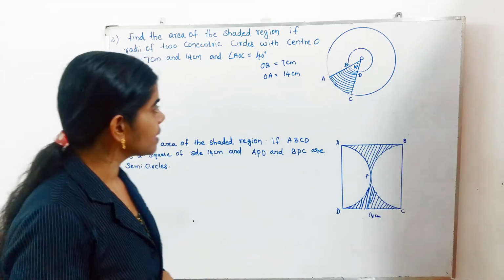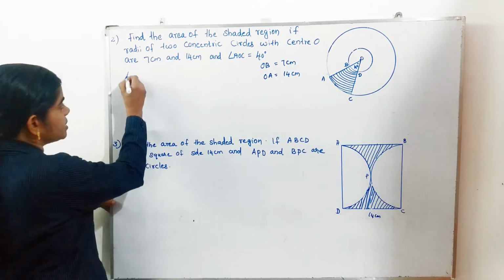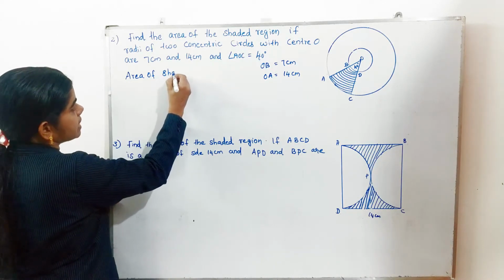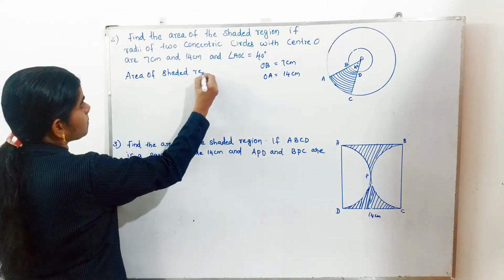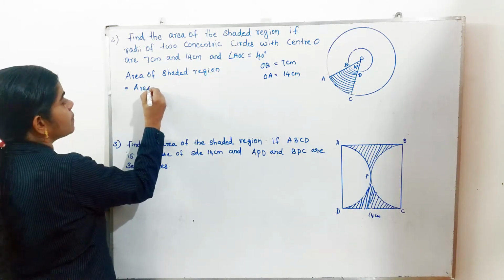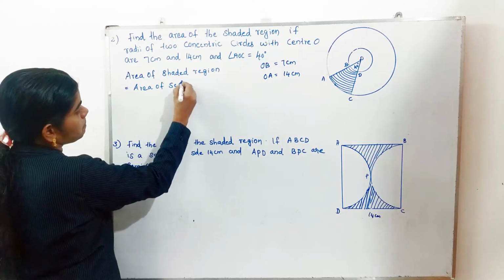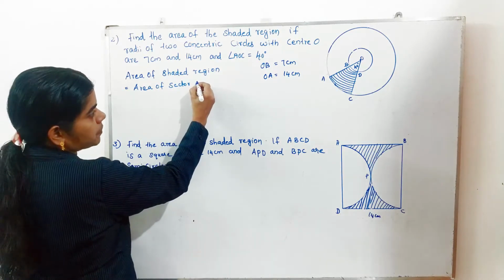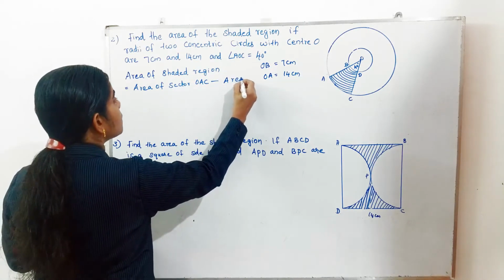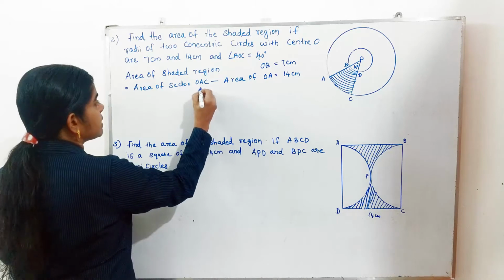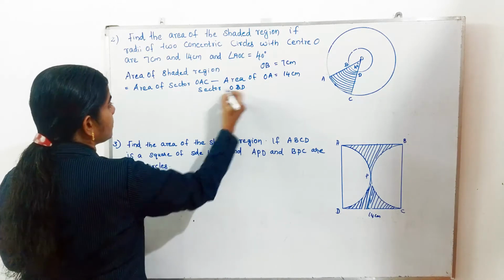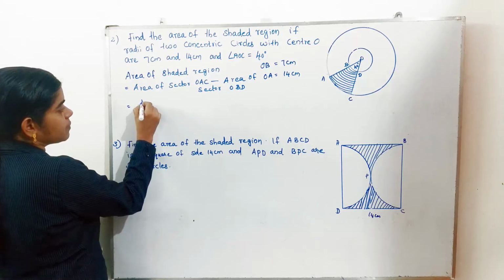Then area of the shaded region is equal to area of sector OAC minus area of sector OBD, that is 40 by